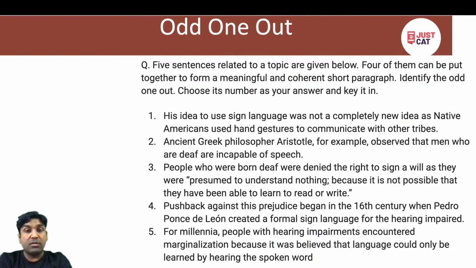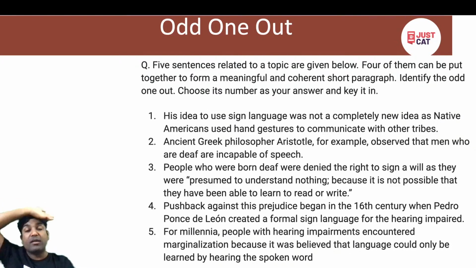5 says, so we know that we are talking here about the ability of people to learn and read and write, because 3 and 4 are talking about it. Also it says formal sign language. So formal sign language is connecting to idea 1. So we now know that the idea in the second line, that Aristotle thought,